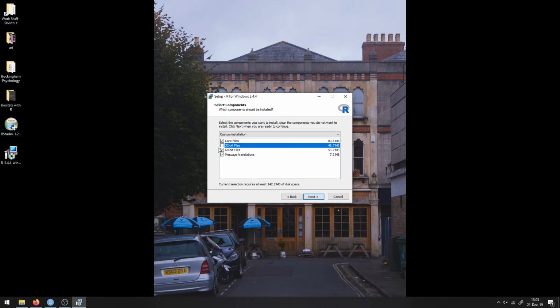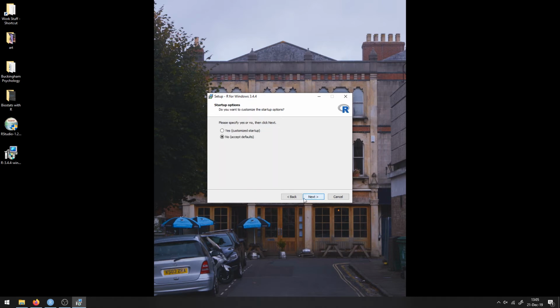So the 32-bit files, I'm just going to deselect because my computer is 64-bit, and I'm just going to continue ahead with, okay, I don't want a customized startup. Usually defaults are perfectly fine. I'm going to go ahead with next, and then I'm going to say, okay, this is going to create a